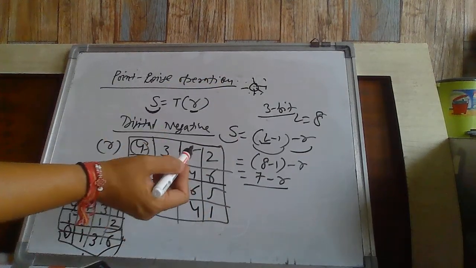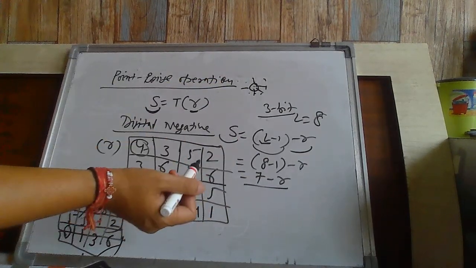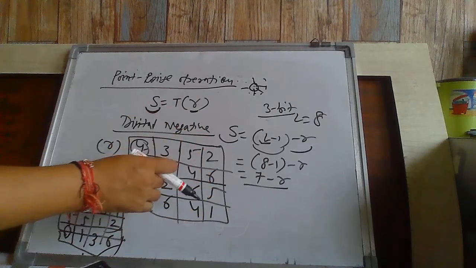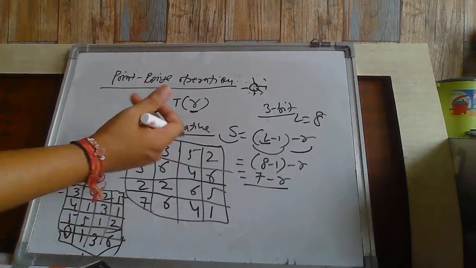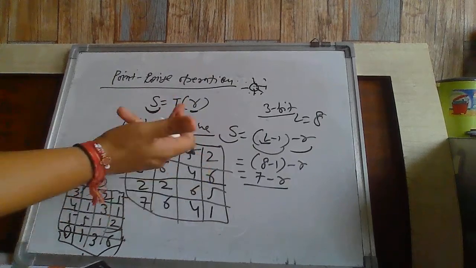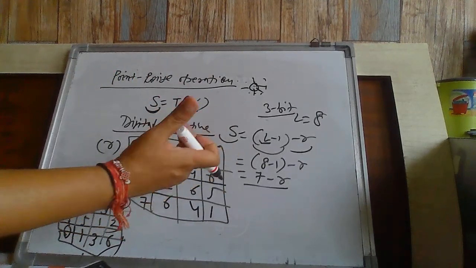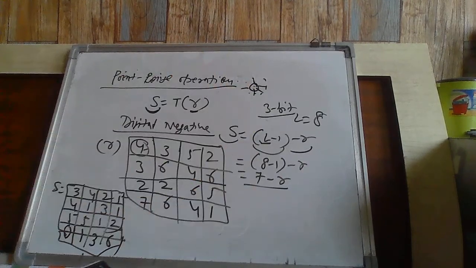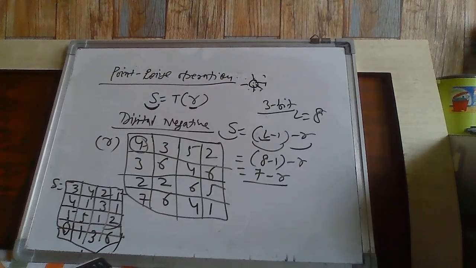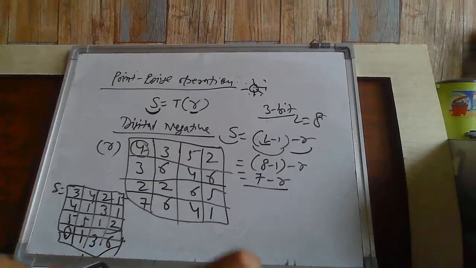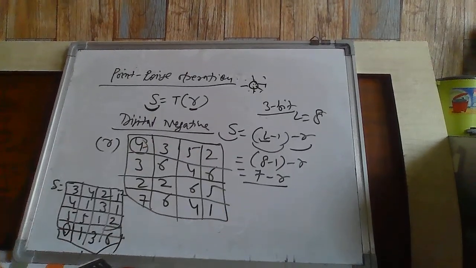So that's the way we do point-wise operation. Now we will see one question based on contrast stretching. We talked about two different versions of contrast stretching: one using a range of pixels and another applying a particular threshold value. Depending on what formula you have used, you will get back your resultant image differently.